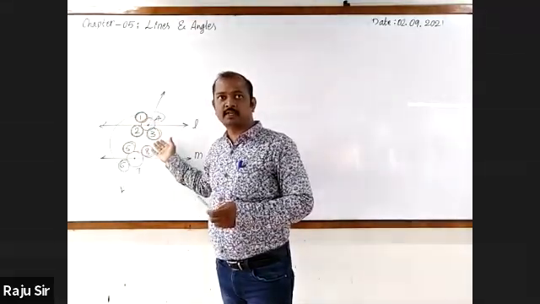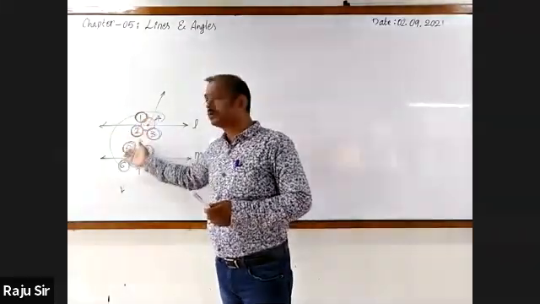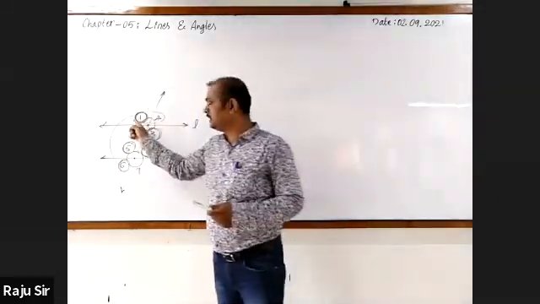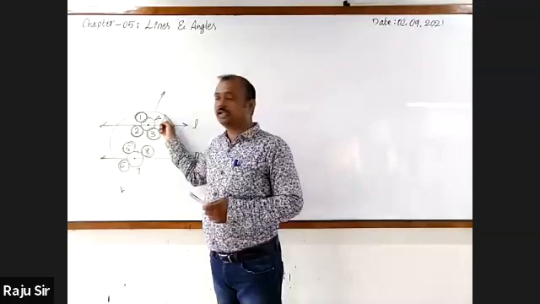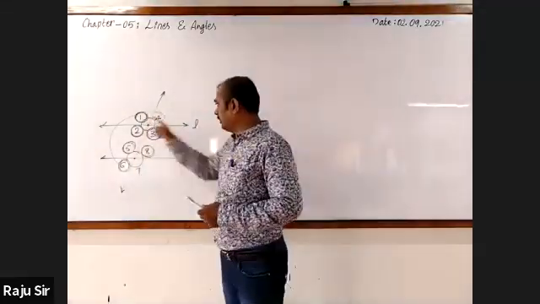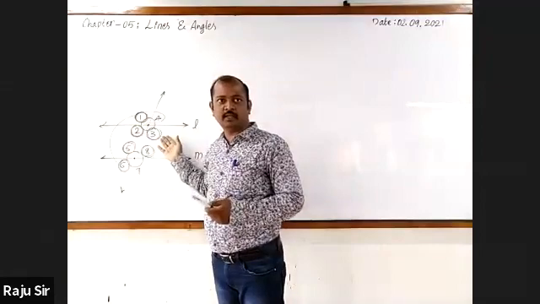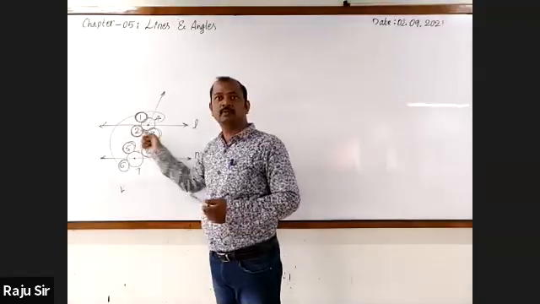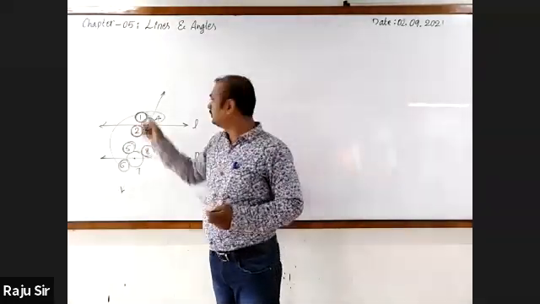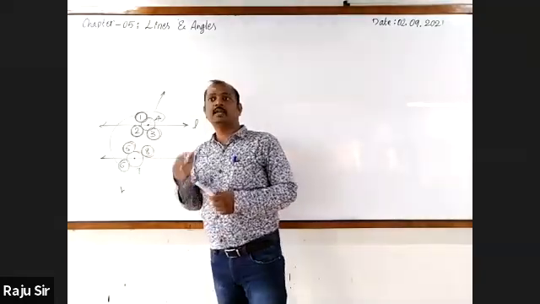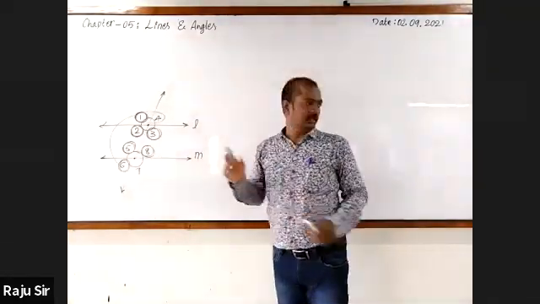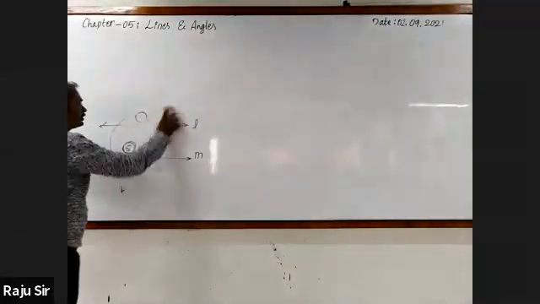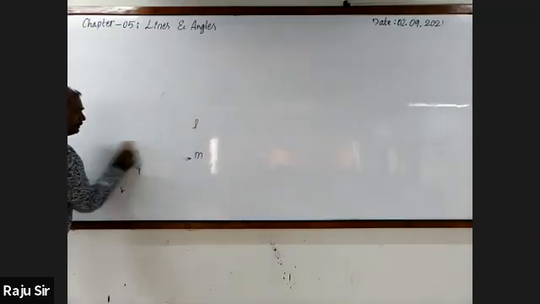Vertically opposite angles are equal. Alternate interior angles are equal. Corresponding angles are equal. Whereas for a linear pair of angles, the sum is 180 degrees. Any two adjacent angles on a line sum to 180 degrees. Co-interior angles, nothing but allied angles, their sum is 180 degrees. Not only that, co-exterior angles, their sum will also be 180 degrees. So these are the possible angles that are formed with respect to a transversal and parallel lines.